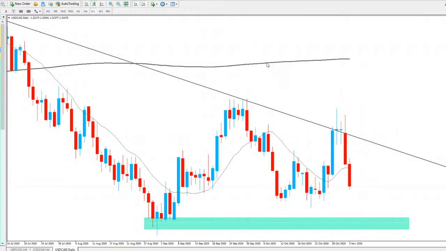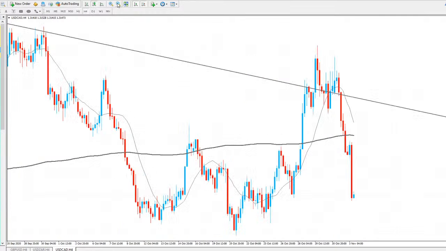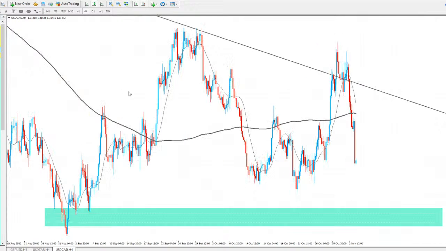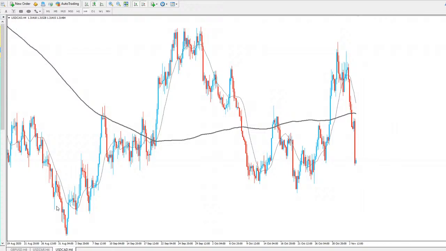But again, the momentum is definitely to the downside, and for me, I'm going to wait for the market to settle a little bit. Of course, you've got the US elections coming up soon as well. So if you are trading today, you probably want to be trading with less position size, or maybe don't even trade at all today, and just wait for the market to settle down after, because of course you do run the risk of high volatility coming in and just knocking off all your trades. So yeah, just want to be careful of that.